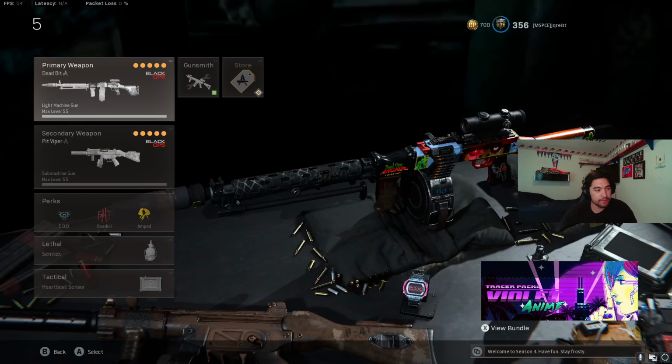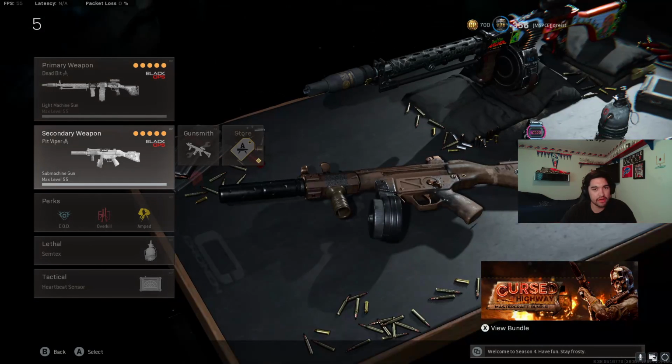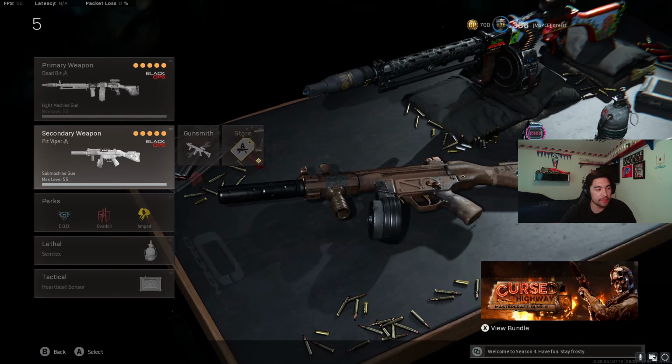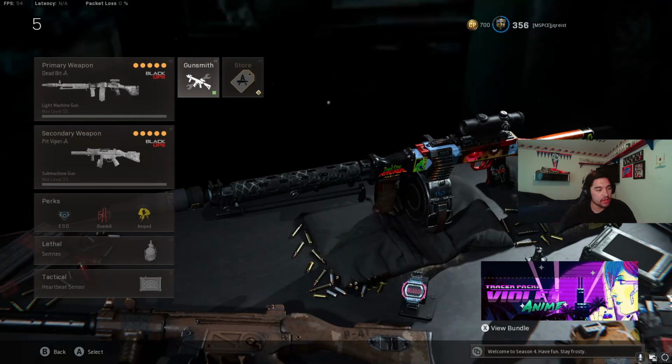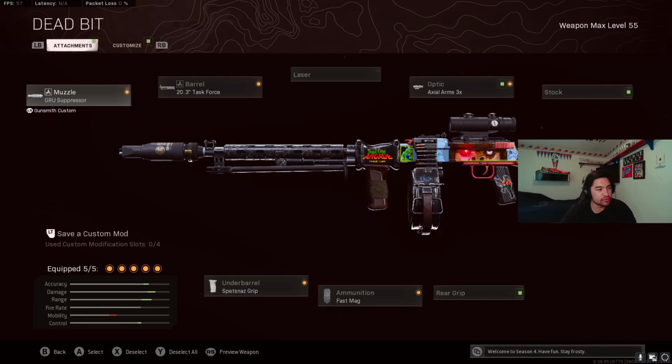Every gun I have paired with right now is the Cold War MP5, just because I'll have an SMG ranking video coming, and you can't go wrong with the Cold War MP5, but I just put it as a placeholder for everything. I'm not running every loadout with the Cold War MP5, but the RPD class is GRU Suppressor, Task